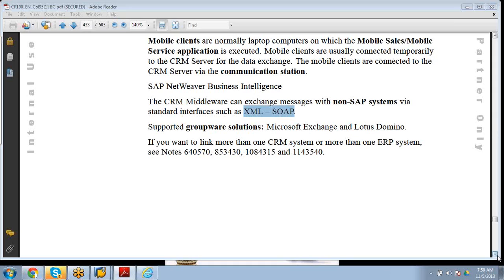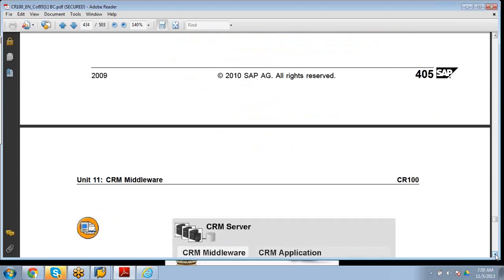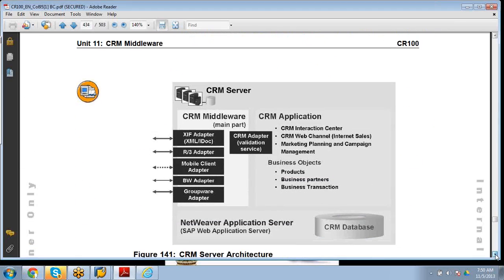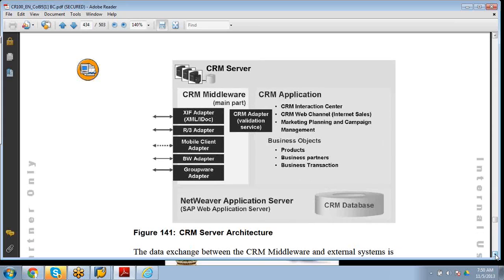So that is to say, during the process of implementation, only these OSS notes are to be referred to, and whatever binaries are supplied along with the notes need to be applied in order to enable CRM middleware to work. Absolutely. What happens is, come what may, when we start an implementation, SAP doesn't consider us experts.